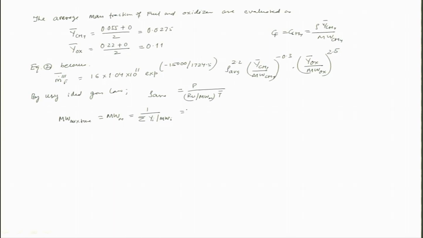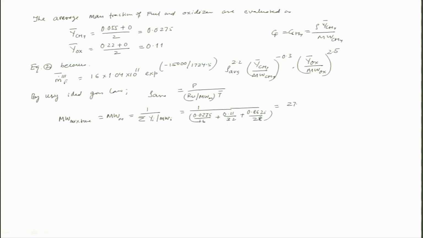I can write that as 1 over 0.0275 by 16 plus 0.11 divided by 32 plus the rest, which I take as nitrogen, 0.8625 by 28,